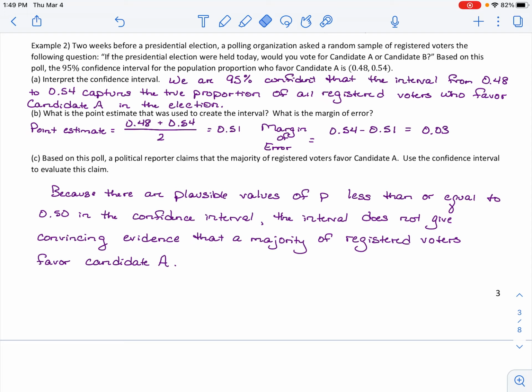If you wanted to say, I think over 40% support candidate A, that we have evidence for, because all of the values in this interval are over 40%, but we cannot definitively